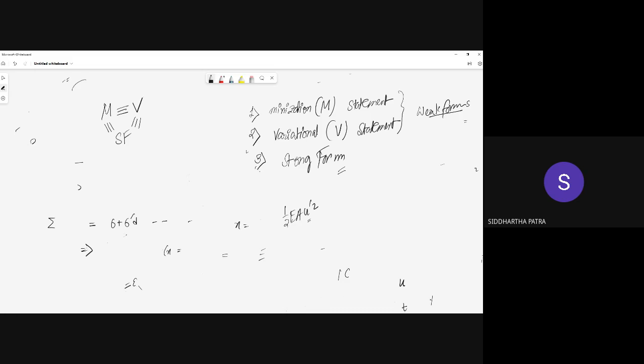Let's say the function is something like c0 plus c1x. That is an admissible function for an approximate solution when using the AIM statement. If you look carefully in your V statement also, the variational form or the first variation expression, there also you have terms like EA u prime and delta u prime. So there also you need your function to be singly differentiable.